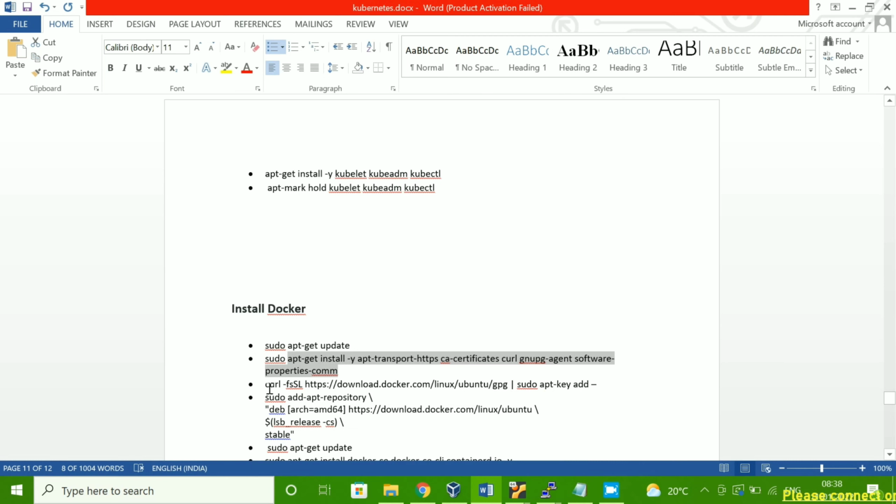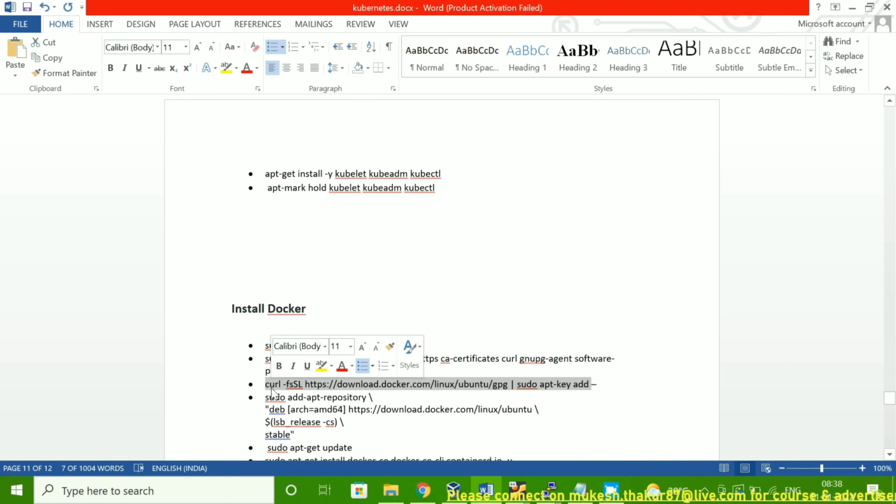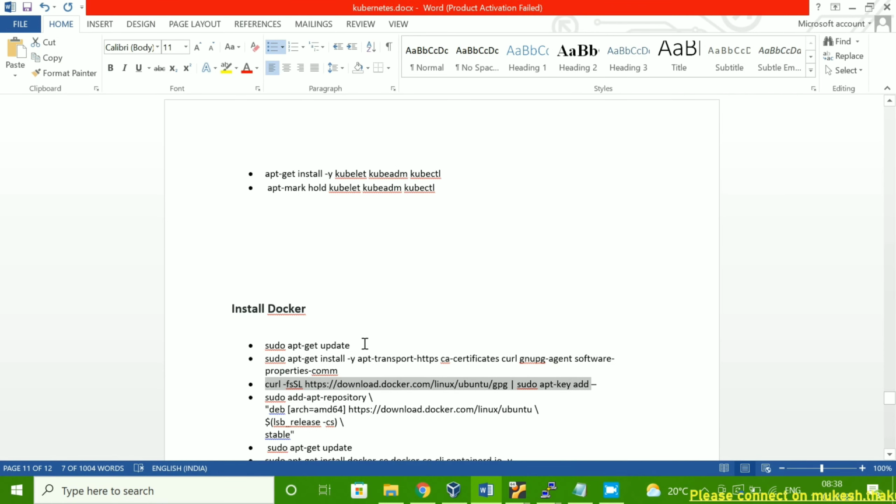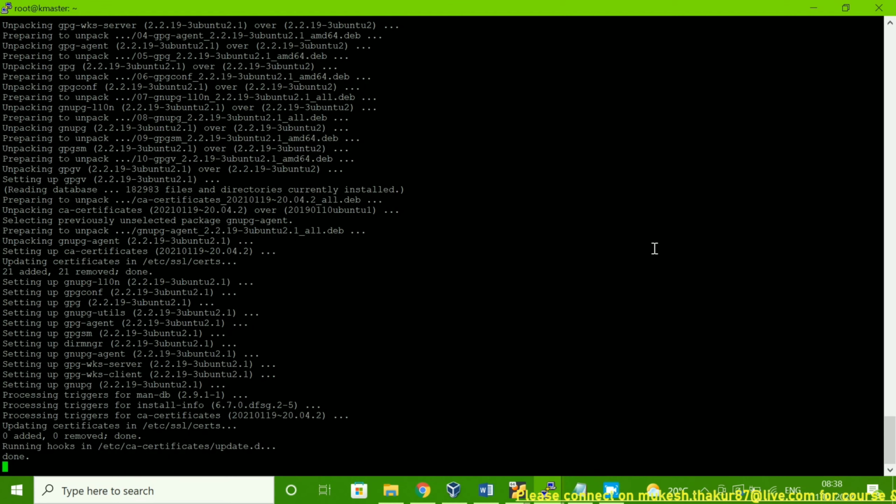Now what we have to do? Once done, we have to run this command. Then we have to set the Docker repository and then we have to install the Docker package.